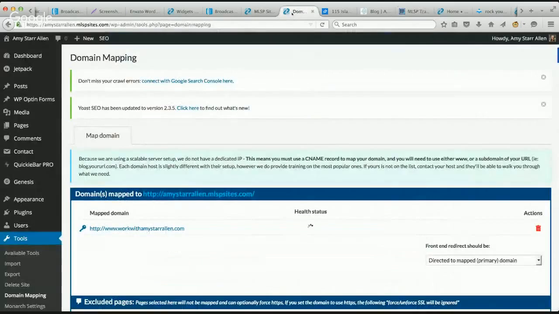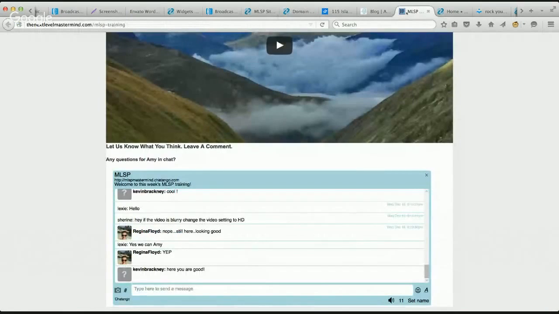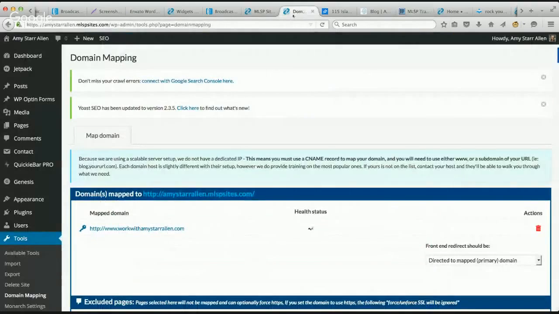Okay, so that's the domain mapping piece. So the next thing that I want to talk about is choosing a theme, right? One of the things I love most about MLSP is that instead of reinventing the wheel and creating all their own themes that are only meant for their platform,